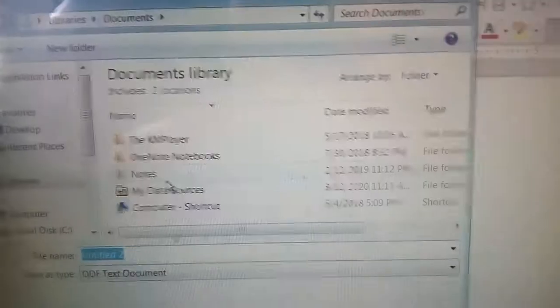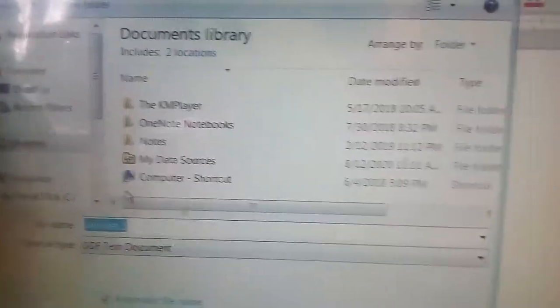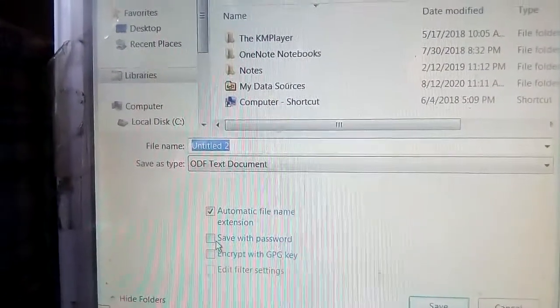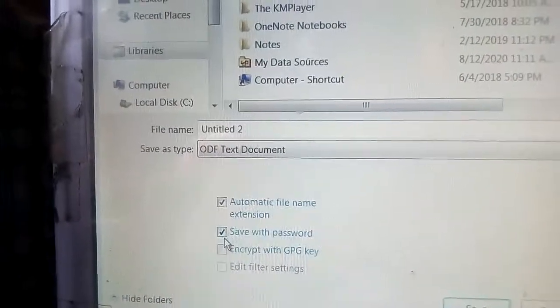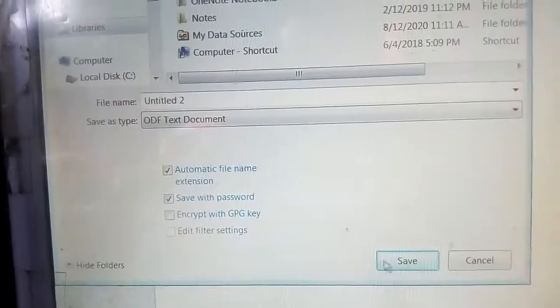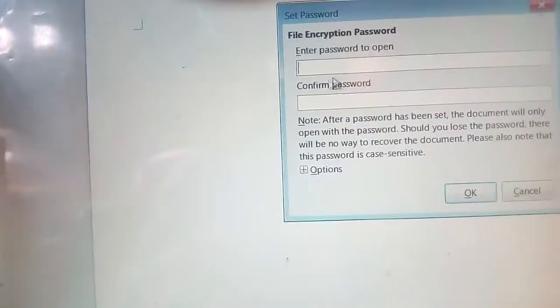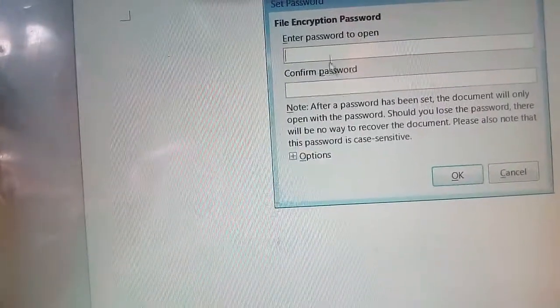Okay, and now suppose you want to save the file securely, means no one can open it, then you have to give a password. For that you have to click on here. You can see here save with password, so you have to click on save with password. Okay, and then click on save, right? So this will come, you have to enter a password and confirm the password, the same password you have to give twice.